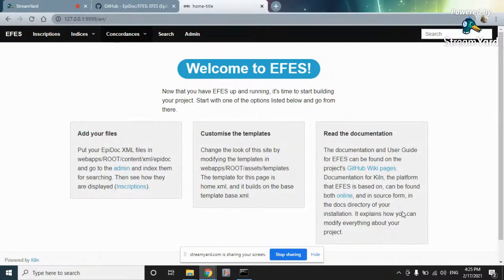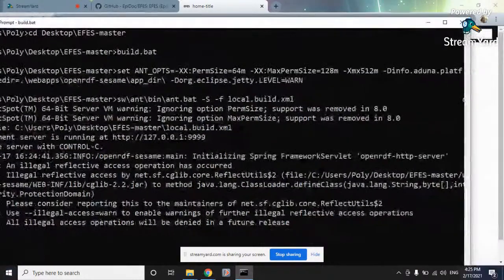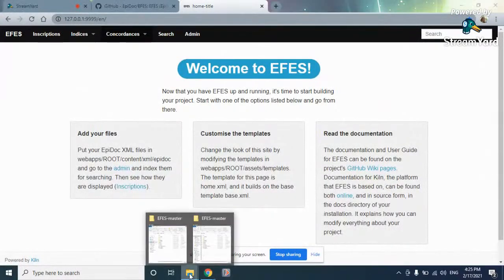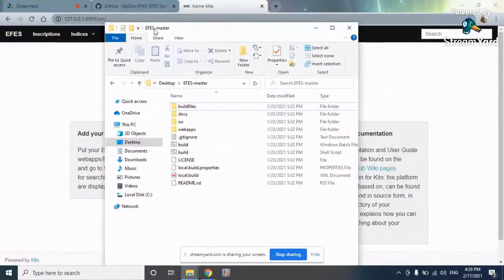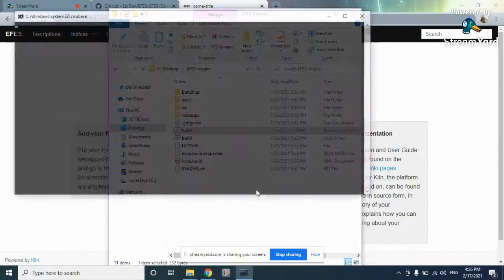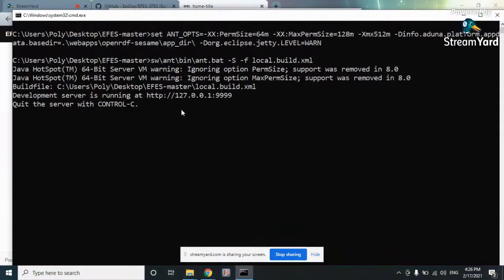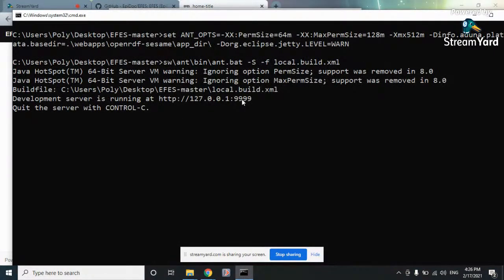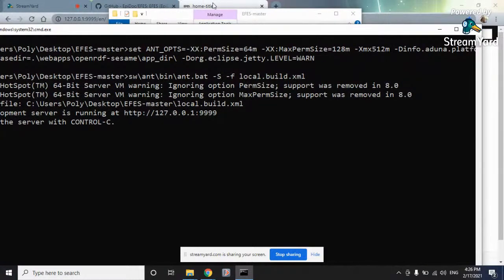There is, for Windows users, an alternative way to start EFES, which would be, let me close that so I show you. If you open the folder EFES master and you double click on the build batch file, it will automatically start your command prompt and it will run EFES on it. For the purposes of just viewing your files and adding new files, this will be a good way for Windows users to start the EFES platform. So from here,